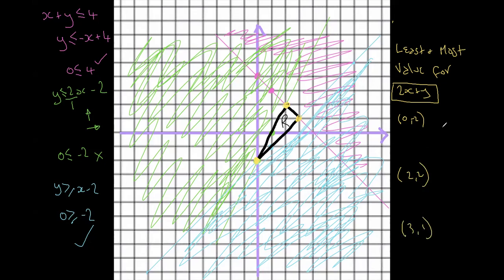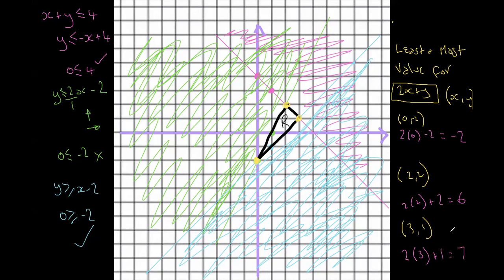So what I'm going to do is use these. Remember, the coordinates are always x then y. So if I put x and y into this, I just see what the number value is. Just going to change color so we can see what I'm doing. So this one here is going to be 2x, which is 0, plus y, which is -2, which gives us -2. This one is 2x, which is 2, plus y, which is 2, which gives us 6. All right, and then here, 2 times x, which is 3, plus y, which is 1, which gives us